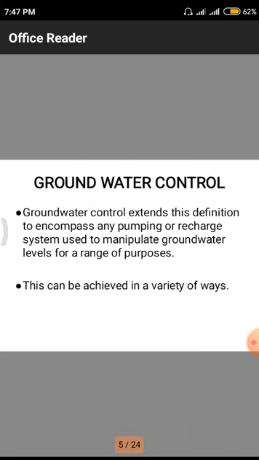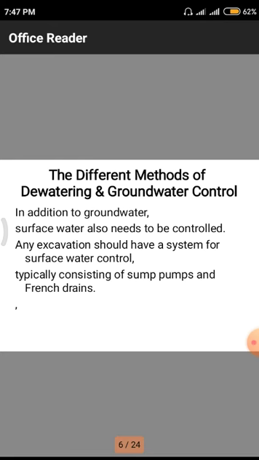This can be achieved by a variety of ways. A plenty of ways have been discovered by our researchers and scholars, and those ways are helpful for constructing different kinds of walls around the structure. Why? Because we are digging in the soil and controlling groundwater, all of which leads to scarcity, so we need to use different methods for controlling. What are those different methods?